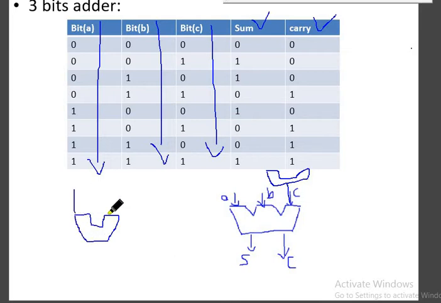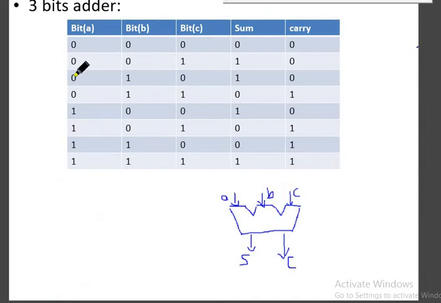Here is A, here is B, here is sum, here is carry, and this is how it really works. See, A and B, the output of whatever it is, we will write it as C. This is internal, this is a general diagram, and here we are mentioning the actual diagram, how it will be. Okay, so fine.